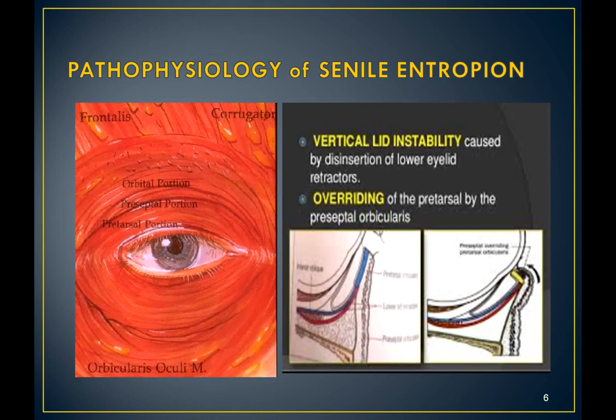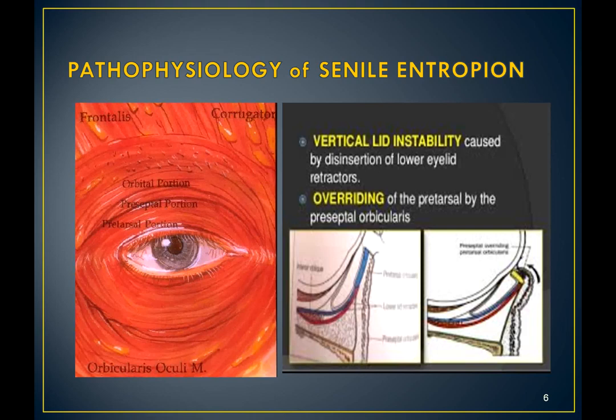Pre-septal muscle overrides the pre-tarsal muscle on lid closure due to weakening of the fibrous tissue between the two. At the same time, you are seeing the red line underneath, that is the extension of the aponeurosis of inferior rectus insertion that contains muscular fibers and that is attached to the lower portion of the tarsal plate. Now, with first change, that is overriding of the pre-septal over pre-tarsal muscle and inversion, the direction of pull